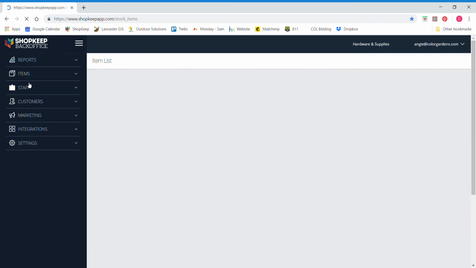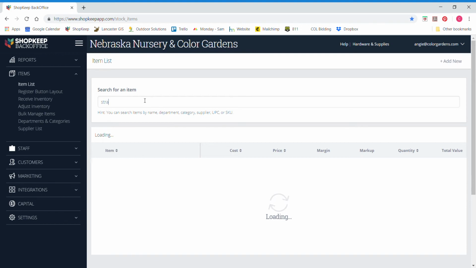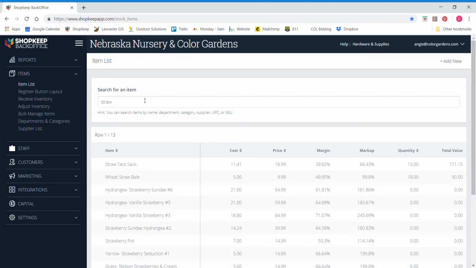I always go back to item list, and if I don't know for sure if it's something that we don't carry, then I will go ahead and search here. Like example, if you didn't know that we carried a product called Straw Tack, we do. We carry this Straw Tack sack, which is something that comes in a, the air is removed from the packaging, and